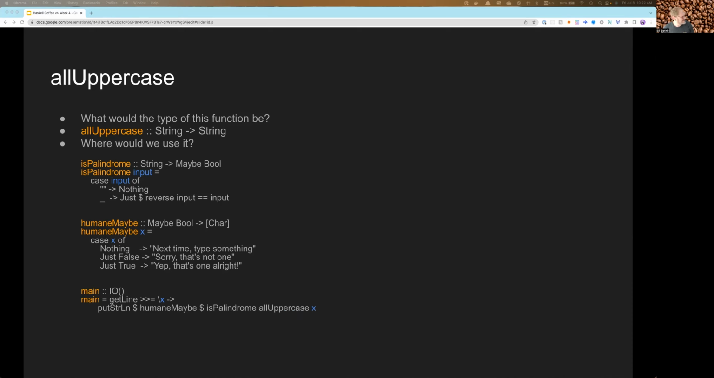Okay, so what are we missing? We're missing a $ sign here between isPalindrome and allUppercase x. If we did this without it, we might get an error that tries to apply allUppercase to isPalindrome, and that would not be great, because